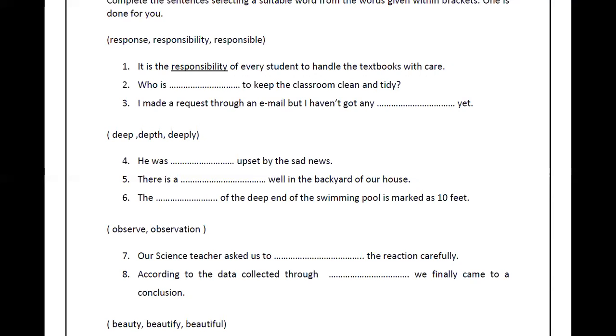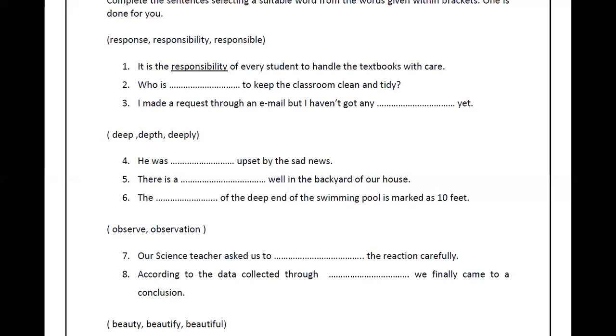And then deeply. Deeply is an adverb. Deeply means how much into or how far. It means like extremely. I'm extremely sad about this. I'm deeply sad about this. I'm deeply upset about this. It says how much it goes into an extreme, right? So we know the meanings of these three words. So let's see how these would fit in. Deep is an adjective, depth is a noun, and deeply is an adverb.